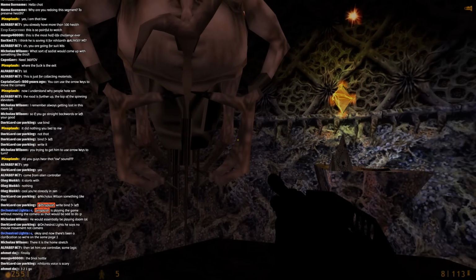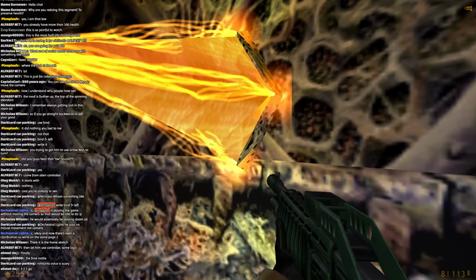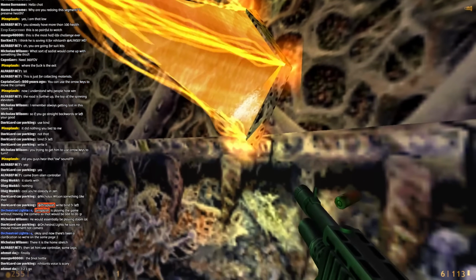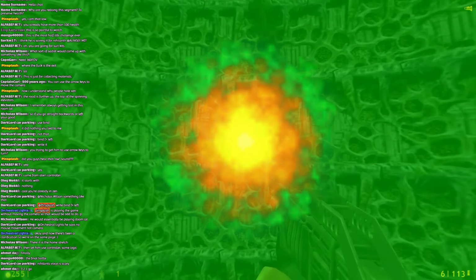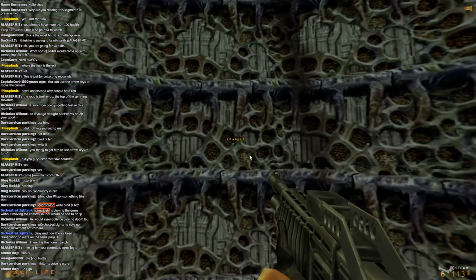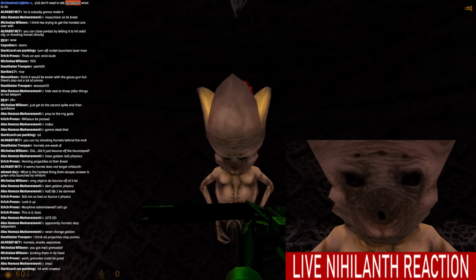And now for the final boss, Nihilanth. The most important thing is that I avoid his teleporting attack. If you get touched by this green ball, it teleports you to a different place. I'm not going to go through these places because they won't really help me at all. You can avoid the attack by shooting the balls with certain things or just taking cover.